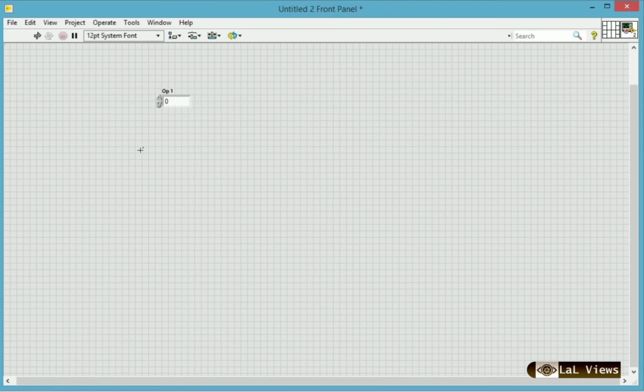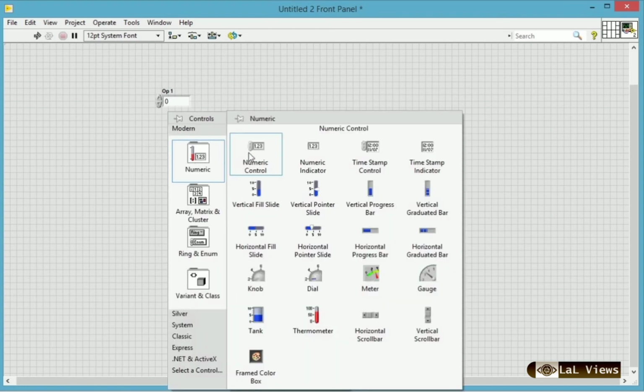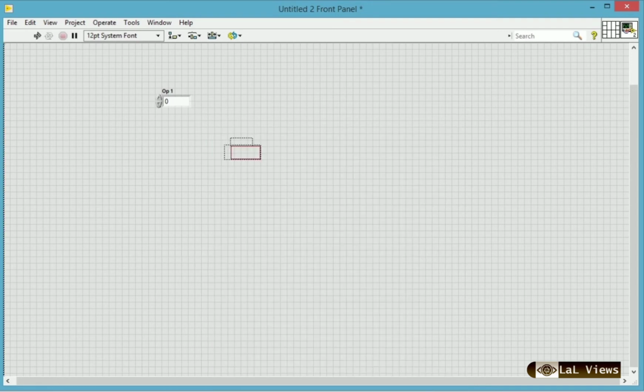Similarly, one more operand is needed, so I take a numerical control, operand 2. You can simply copy OP1 and paste it here to create a new numerical control. You can do it simply like that, but I have selected the proper way.